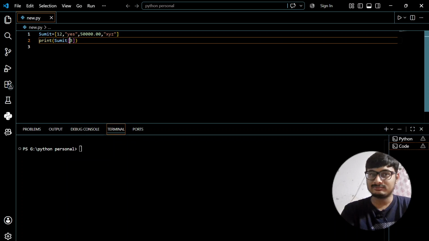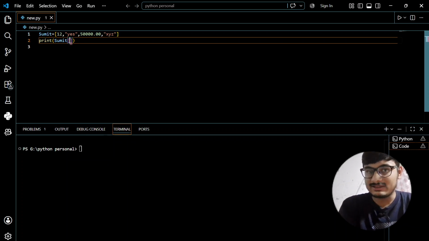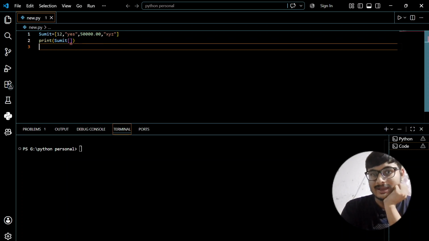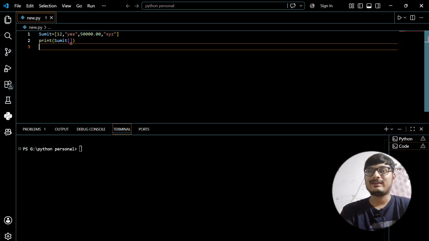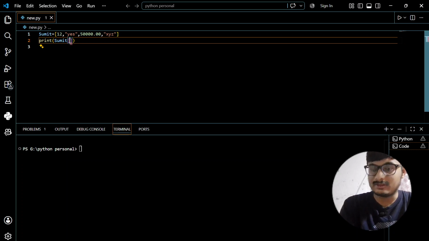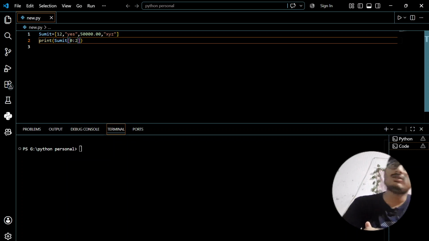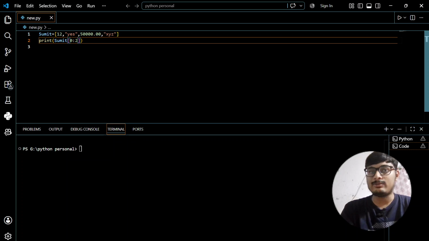As you can see, suppose I want to access elements from the zeroth index to index 1, so 0 and 1. I just want it to print 12 and yes only. How do I do that? I will just write the starting position 0, then the ending position. The ending position will be excluded, so I will have to enter index 2, so that it will exclude 2 and give us only up to index 1. Now if I run this,